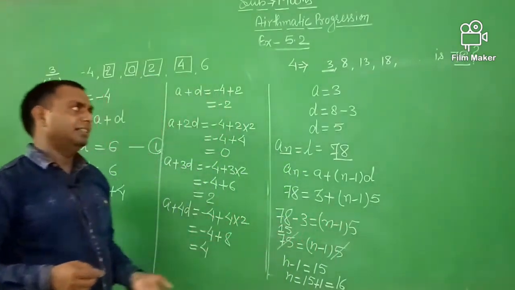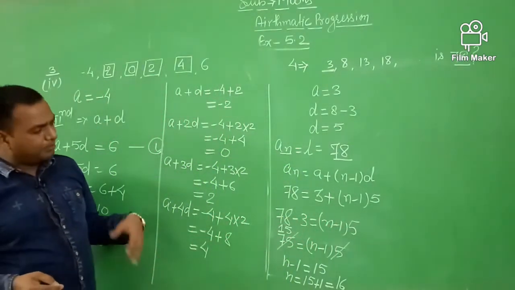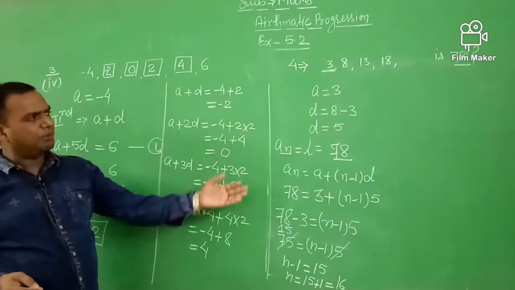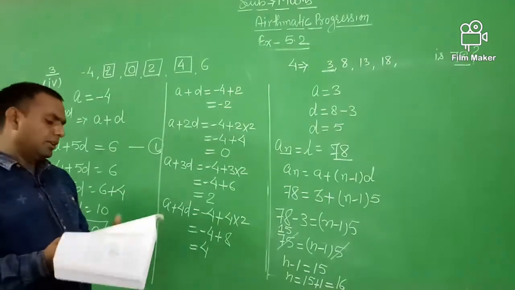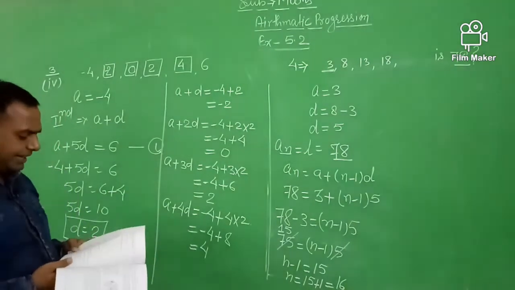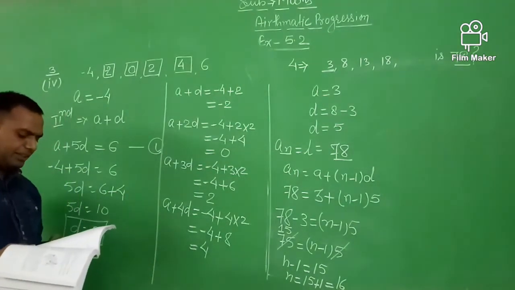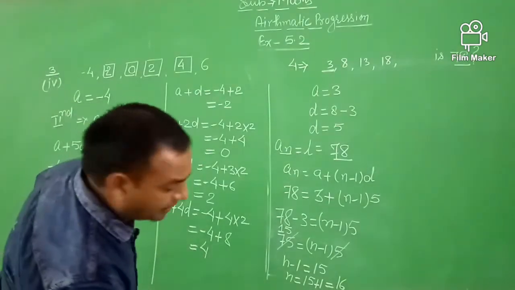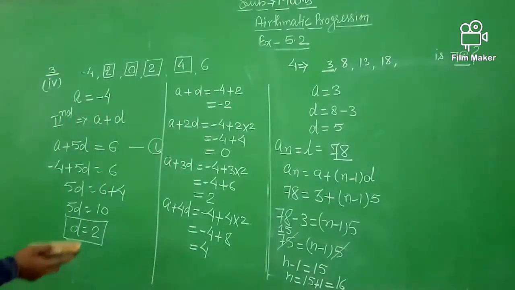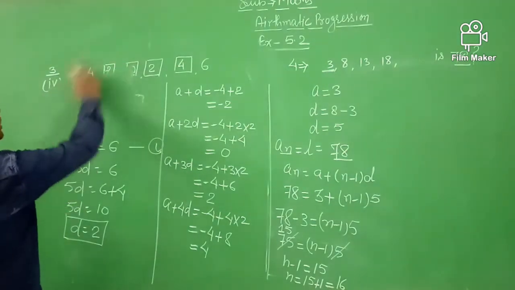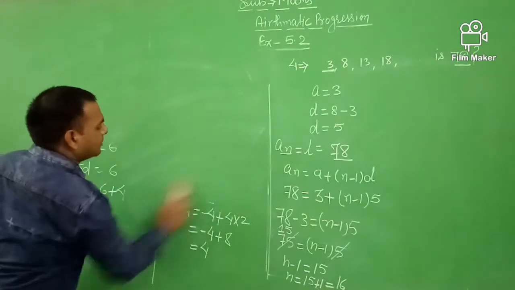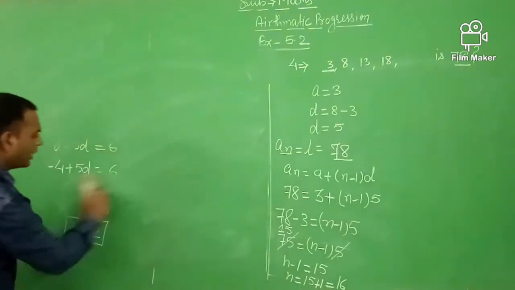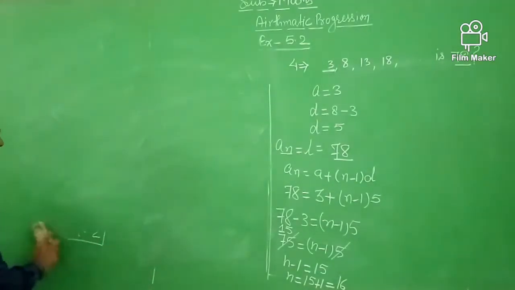In this way you can find the 17th term or various other terms. If you apply this formula, then you can solve this type of question. So we are going ahead to the next question: find the number of terms. How can you find the number of terms? Suppose an AP is given, then how can you find the number of terms of the AP? If this type of question is given, how can you solve it? So I will solve it.